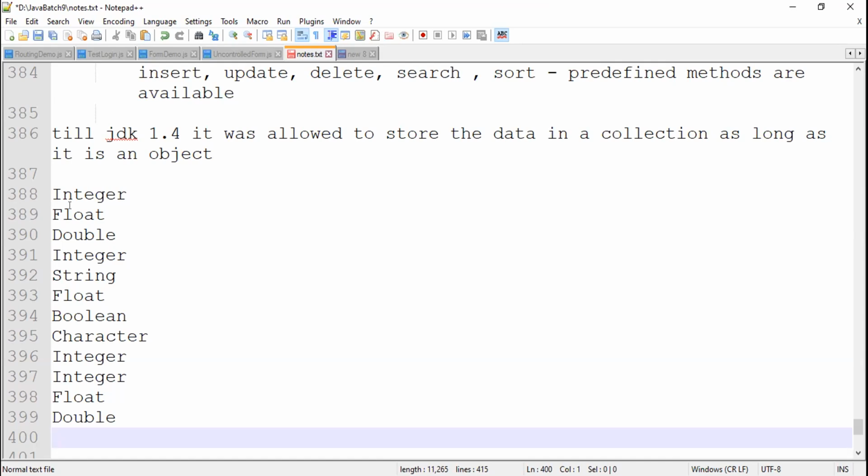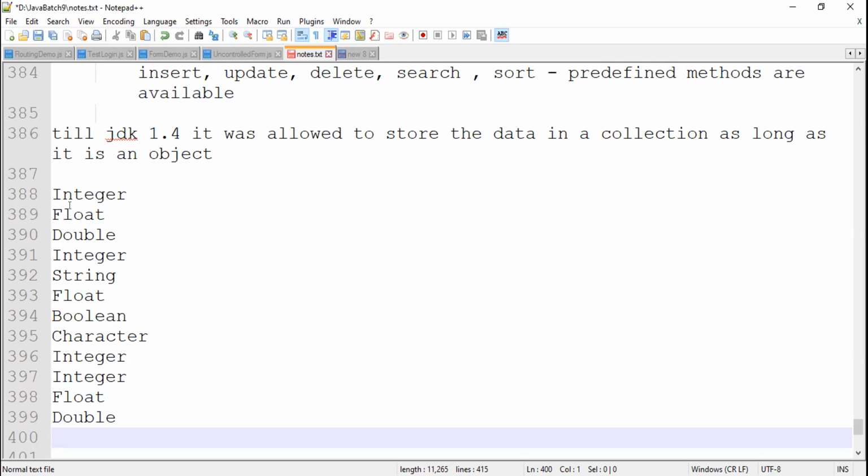Again, next object, float. Whenever I want to store a float, I am creating a Float type of object, but Java is treating it as an object of the Object class, and so on. That is repeated for all of these. So as Java is treating it as an object of the Object class, when I want to retrieve it,